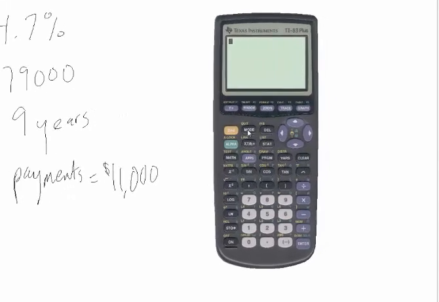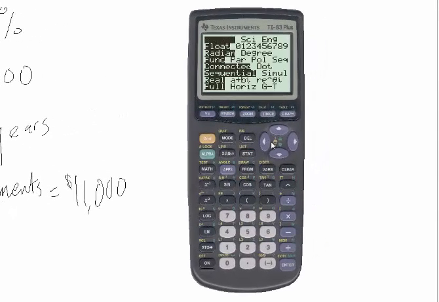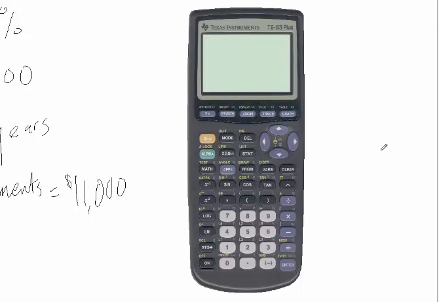First, we'll set our mode. If we go down here to float, we'll go over to 2. This basically gives you 2 decimal points, so we're dealing with money stuff. And then over here, if we go down to func and over to par, which is parameter, basically we're going to be creating a table based on the number of years and your balance, but we'll see that in just a second. So those 2 settings, then we can do clear, and then if you go to apps,